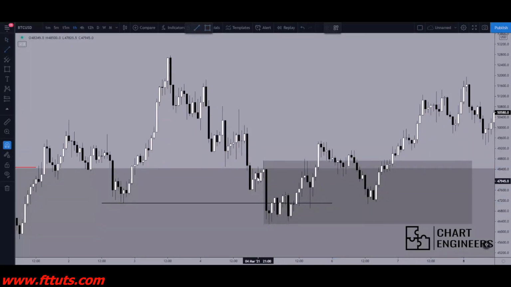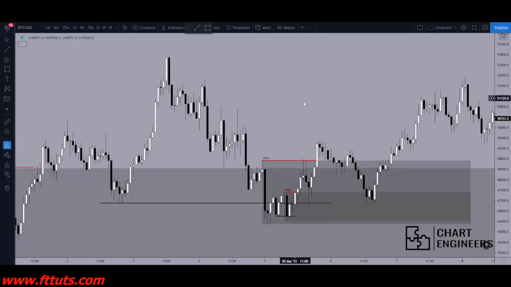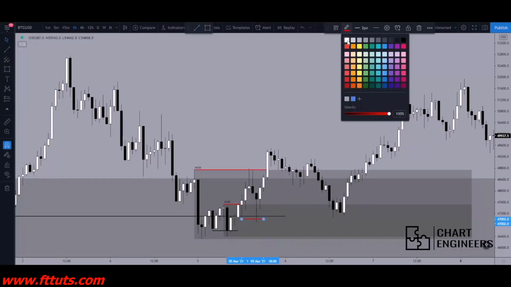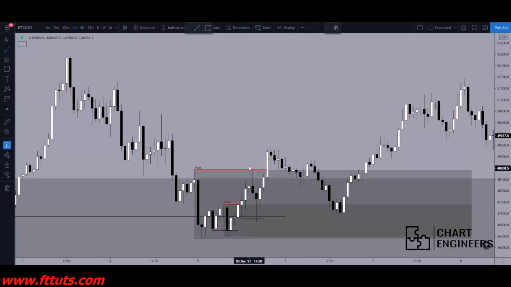As we see, this breaker zone is a little bit big, and then inside it we have this other breaker zone get created, and then this is the one I'd prefer to use. So then that would be MSB, and then this here would also be an MSB. And now as you can see, the market's had 1, 2, and now we even had a raid inside again, and then we're going to have another MSB up here. So there's multiple entries,